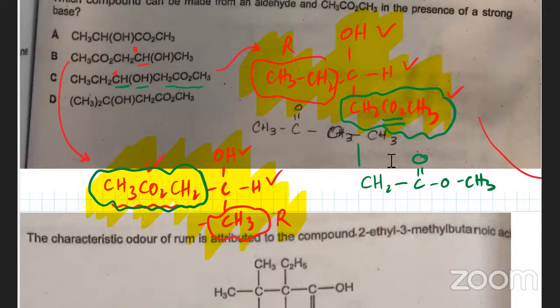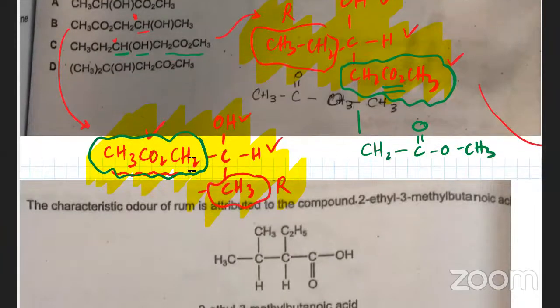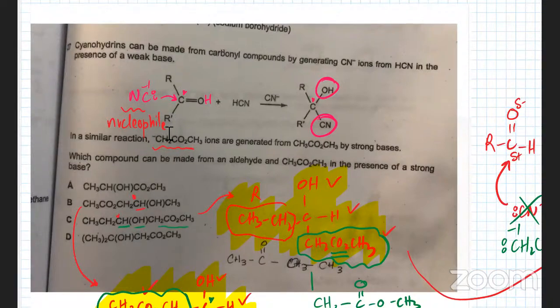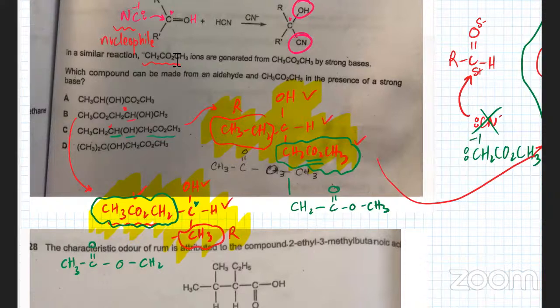So this is what's attached over here. Over here, I also have a similar thing, but it's not exactly the same thing. Look at this carbon atom. I've got a CH2. So if I draw this over here, I've got a CH2. And next to the CH2, I don't have a carbon. I've got two oxygens. So that's oxygen. Then I have a carbon, right? And then CH3. So it's the difference in the structure of this thing, that what should be next to methyl? It should be oxygens, not the carbon atom, which is why